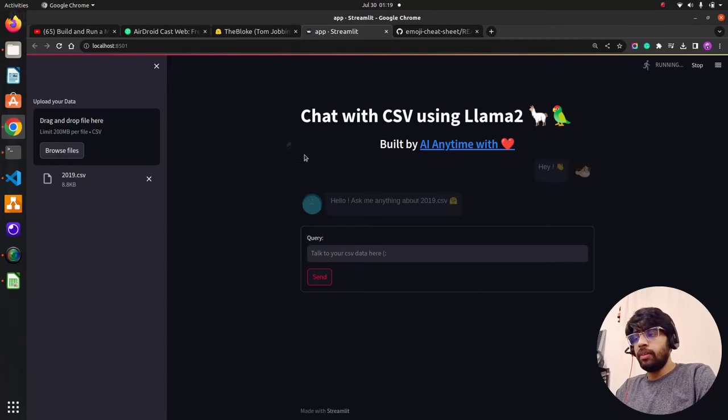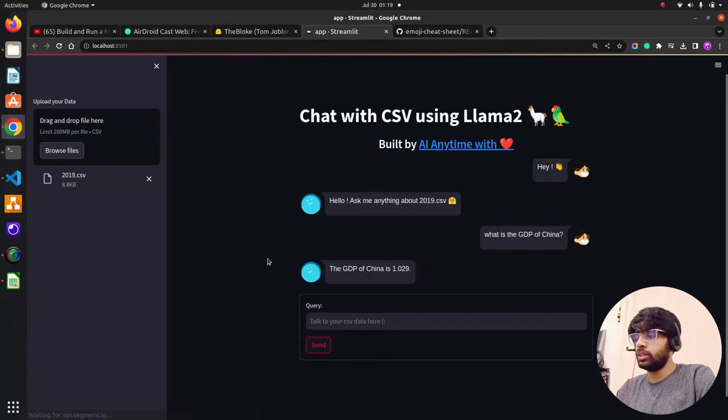So the code will be available on the GitHub repository. You can find all the code snippets for this, and you can see that the GDP of China is 1.029 trillion dollars, something like that. Okay, the GDP of China, right? This is what we get. Let's ask which country